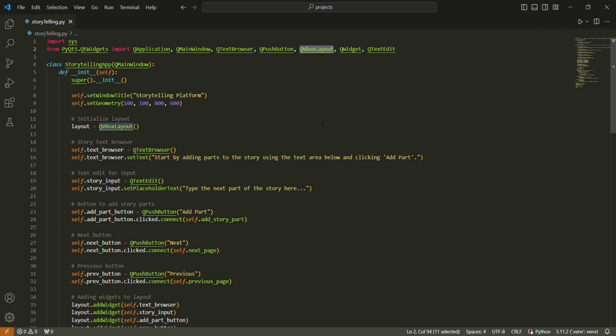There are some options in the library, and this one is specific for vertical layouts. The QWidget method to build a widget, and the QTextEdit to allow the user to input text that will be a part of the story in our application.